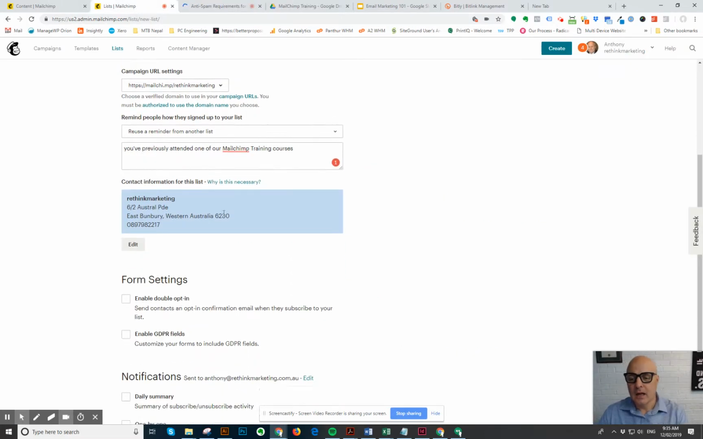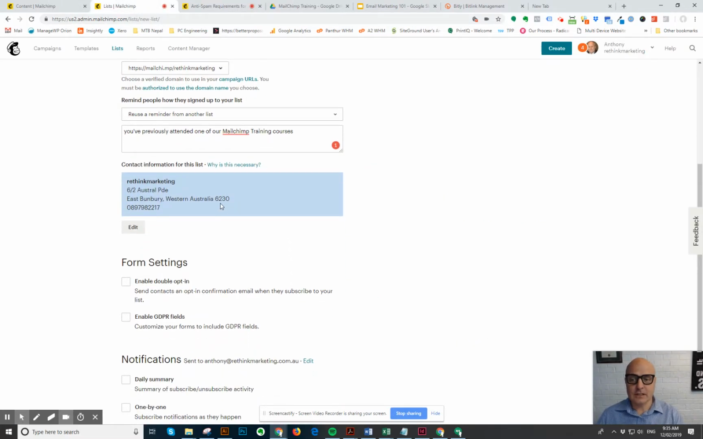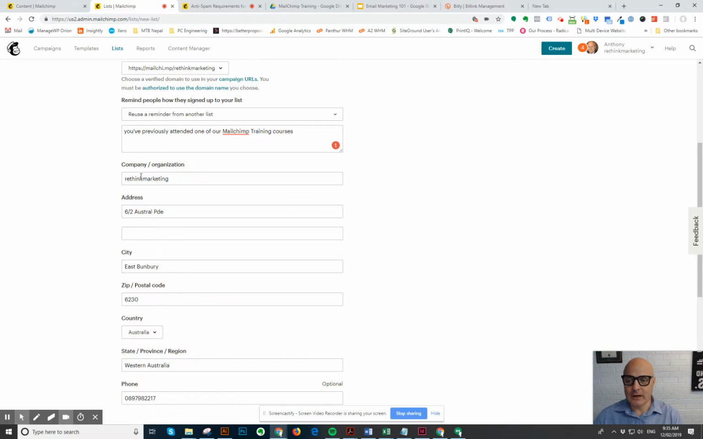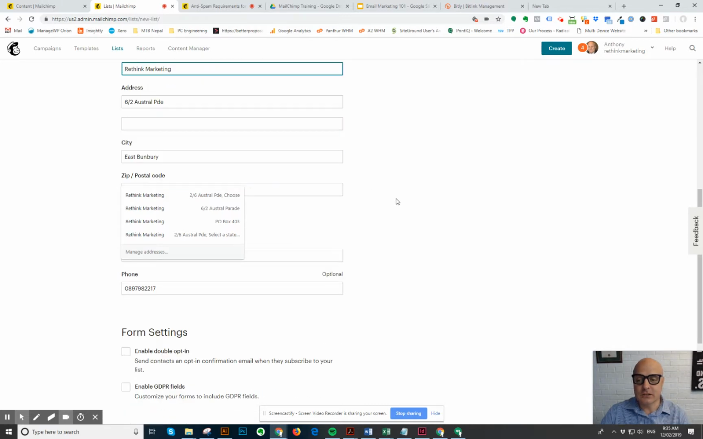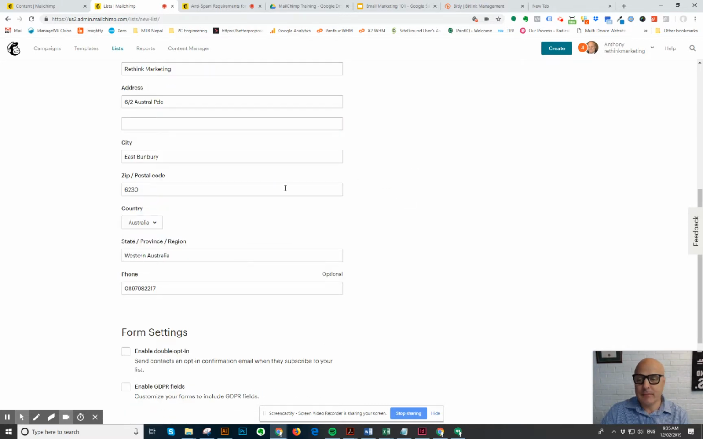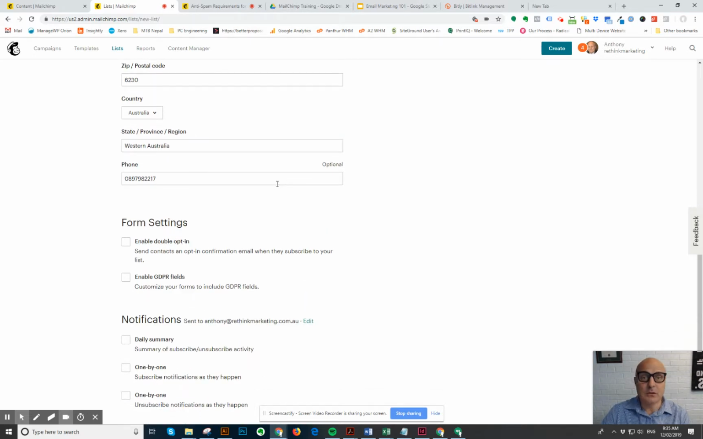Then we've got a physical address. Again, it really does matter there. We're going to pop in the correct spelling. Under US spam law, and I'm not certain about Australia, but certainly under the US spam law, you've got to have a physical address listed for your business. It can be a PO box, so it doesn't have to be your street address if you're worried about people turning up